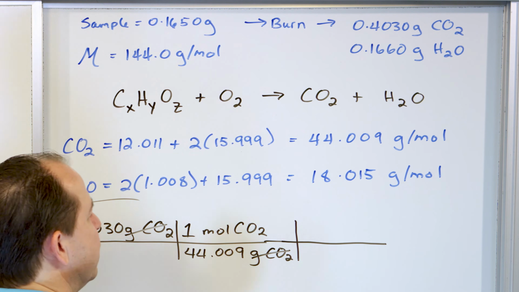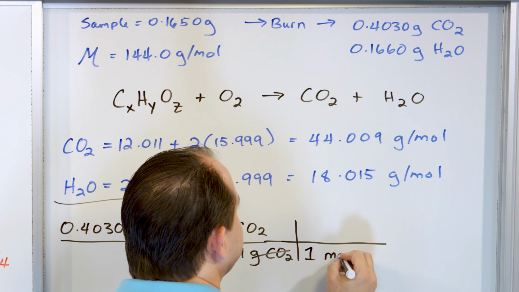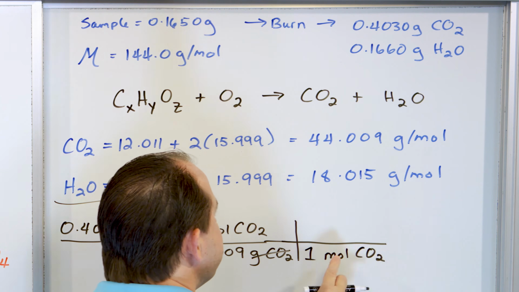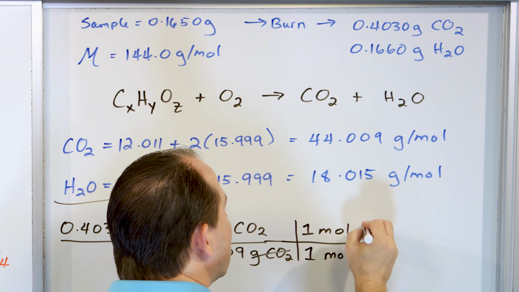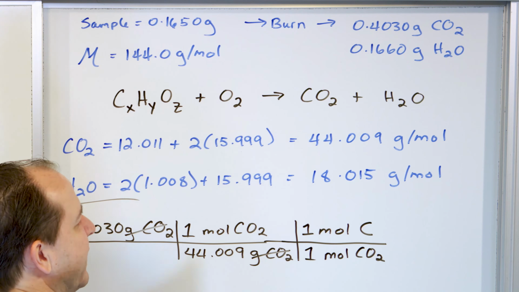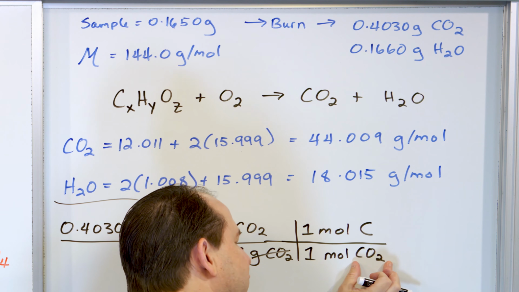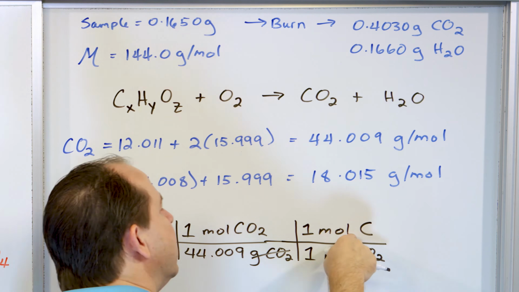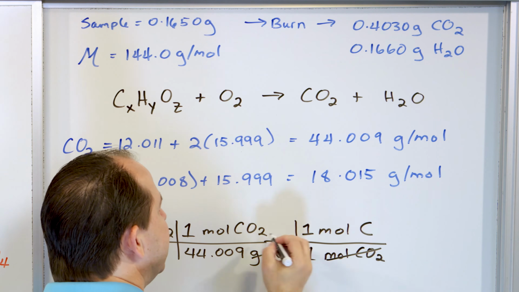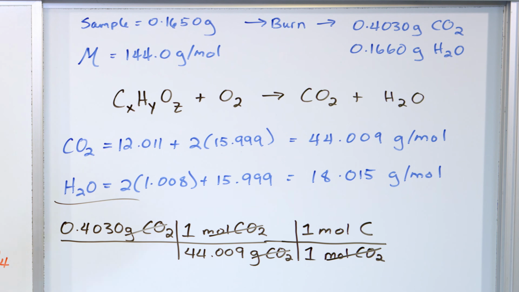We have the moles of CO2, but we also know that 1 mole of CO2, because the formula is CO2, there must be 1 mole of carbon in 1 mole of CO2. Because if I have 6.02 times 10 to the 23rd molecules of this, and I break it apart, I still have that many atoms of the carbon. The moles of CO2 cancel with the moles of CO2. All right? So if I take